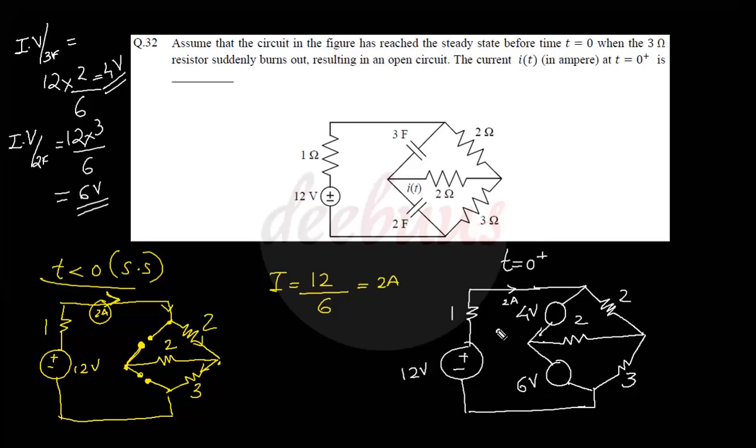Now checking the direction, charging and discharging directions are different for a capacitor. Charging direction is this way, so discharging must be in this direction. So that makes this terminal positive and negative. Similarly, again checking at this point also, this must be in this direction, positive, negative. Now suddenly this 3 ohm burns out. So at this time we have to calculate the current flowing through this 2 ohm. Actually this part turns out to be a closed loop and the voltage drop is 4 volt. That means there is a voltage drop across 2 ohm and similarly a voltage drop across the other 2 ohm,